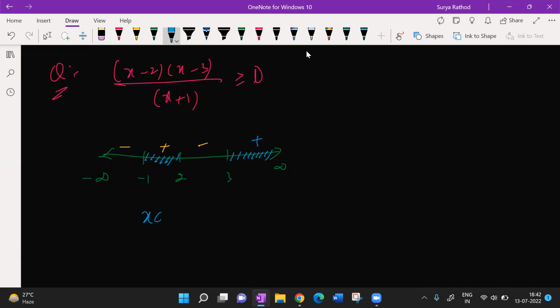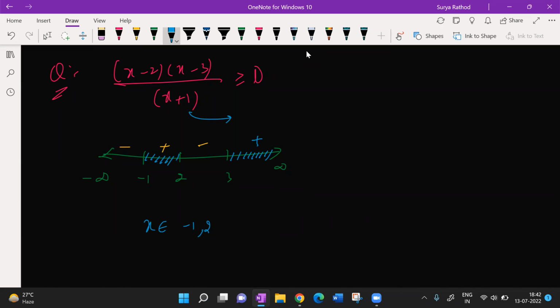So what does your x belong to? Open bracket or close bracket? Dipsika, you have to answer me now. Here for minus 1, is it open or close bracket? It is not a close bracket, beta.